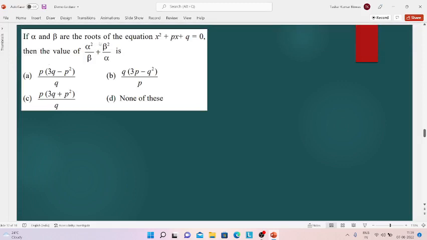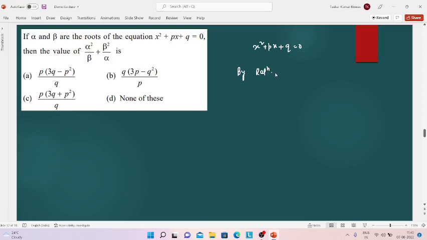If alpha and beta are the roots of the equation x square plus px plus q equals 0, then the value of alpha square by beta plus beta square by alpha is, okay. So first of all, here the equation is given, which is x square plus px plus q equals 0, right? So since alpha and beta are the roots of this equation,